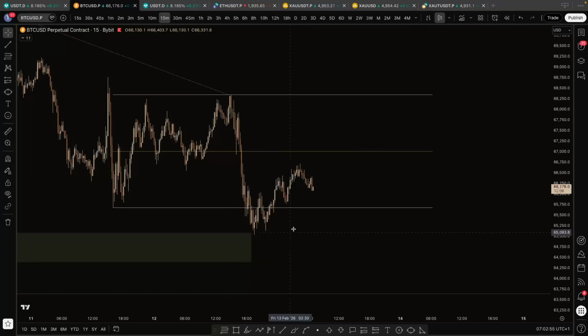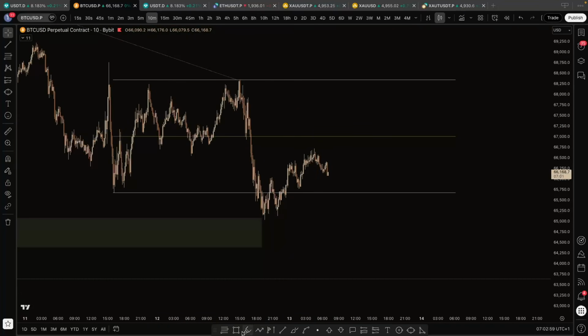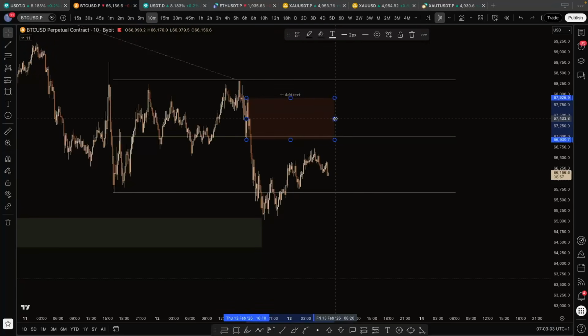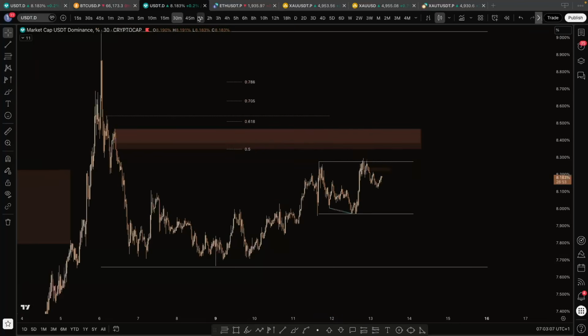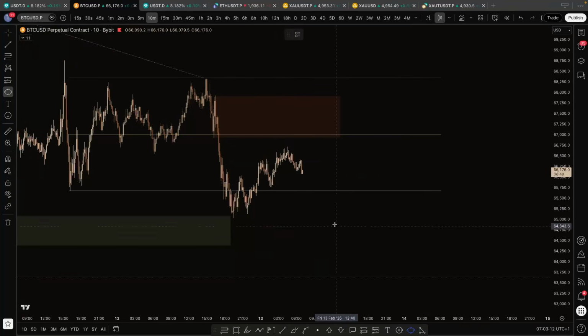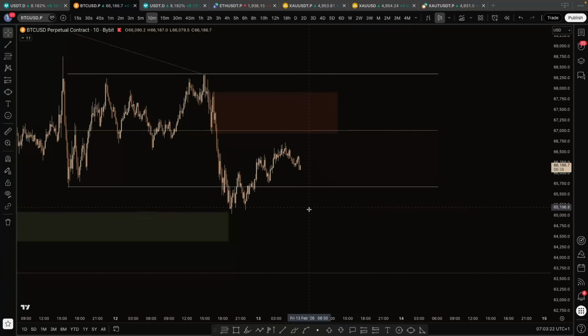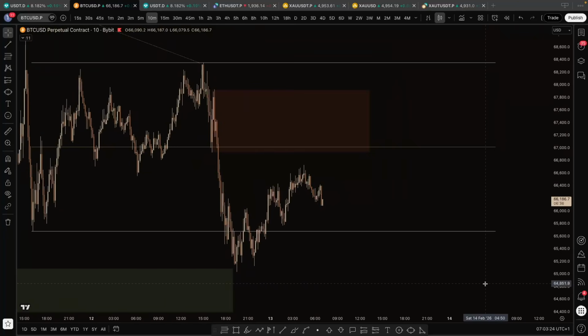So we do have that first deviation, but I don't like the range so far. That's because you didn't have acceptance back inside the range immediately, which you did have on USDT. And it looks like we are now distributing on the lower time frame as well. This looks like distribution, but you're already too late if you want to trade that. Let's see on the lower time frame.